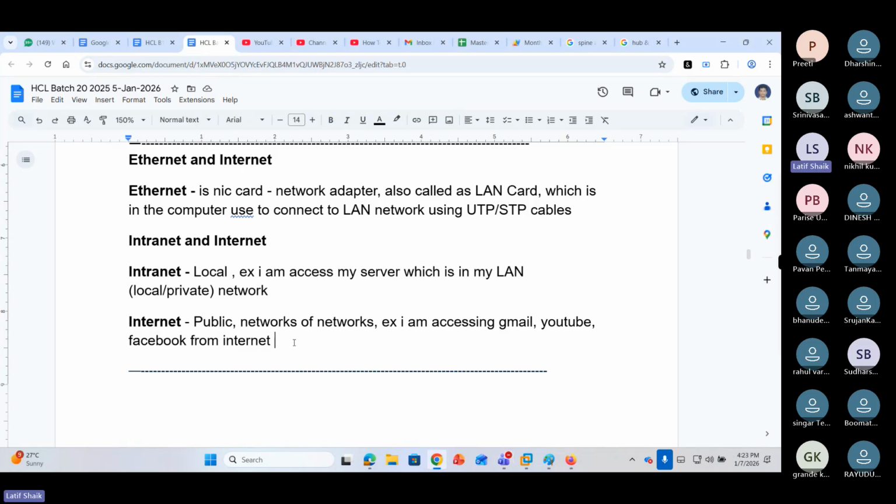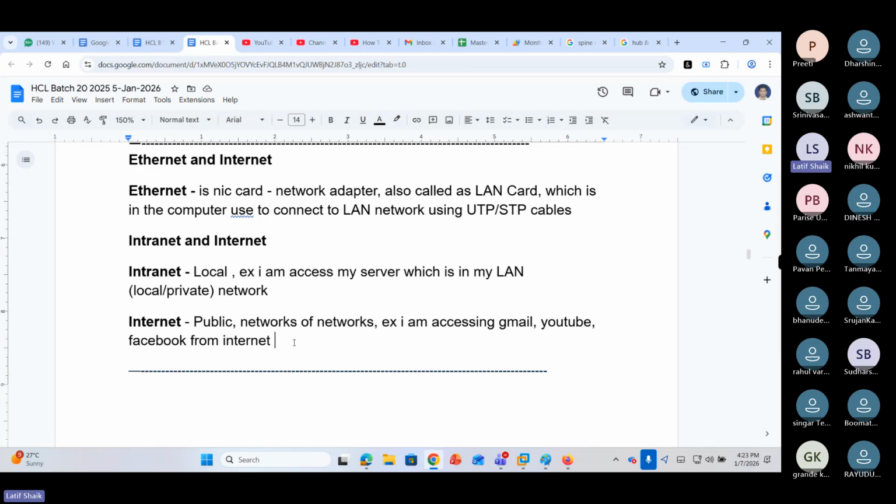You know, it's a very old question: what's the difference between Ethernet and internet? Before going to that, we'll see this. What is intranet and internet? You have your own private network.